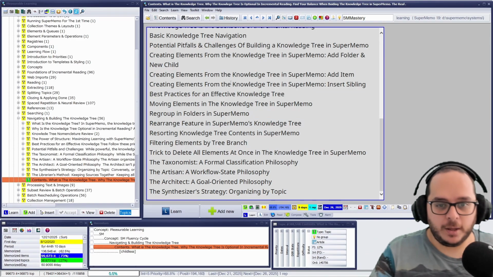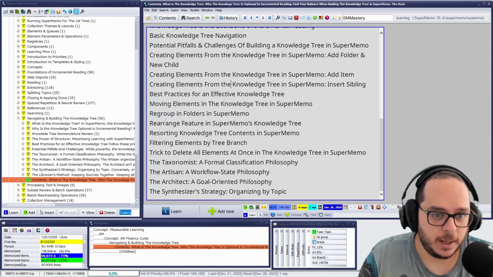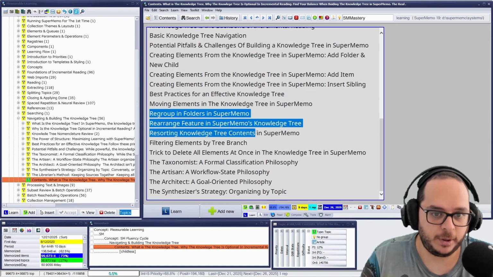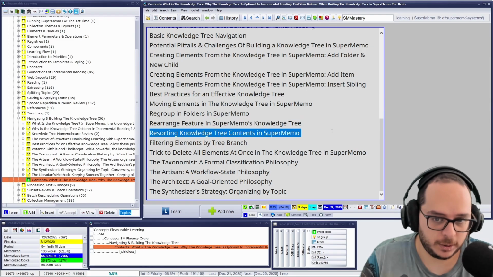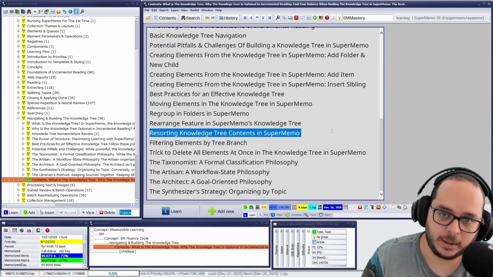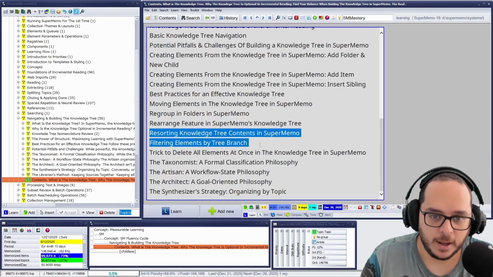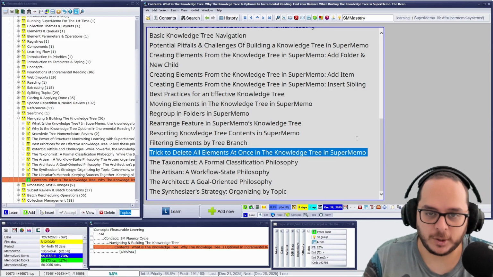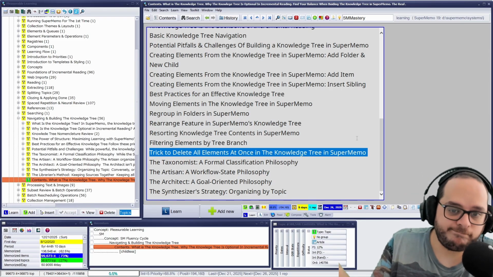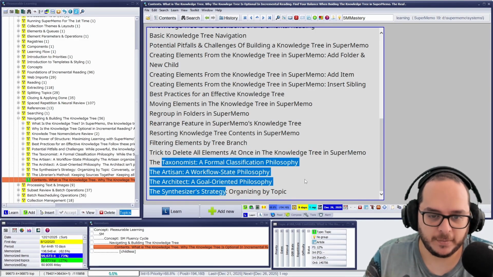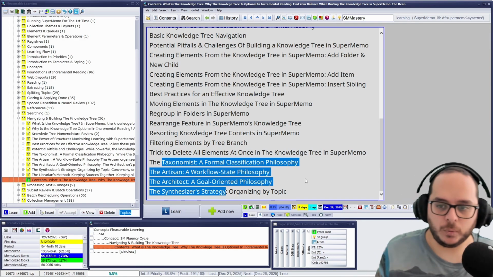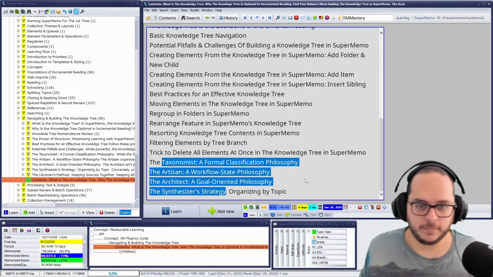Then we will see a few features like regrouping in folders or rearranging. Then resorting the knowledge tree contents as a perk. This is a use case. Filtering, something to delete at once, because SuperMemo doesn't have yes to all. And then a few philosophies of how to do the knowledge tree,